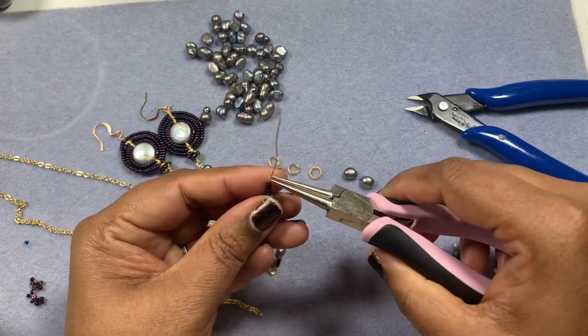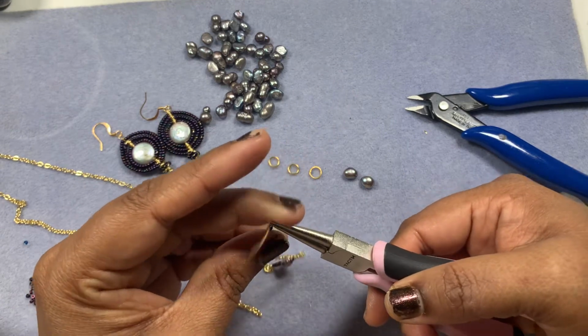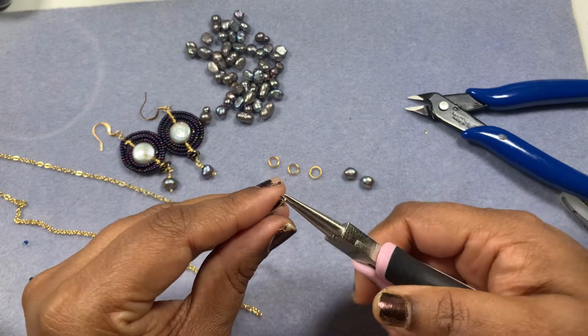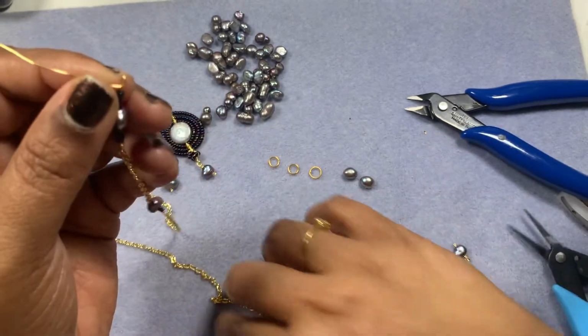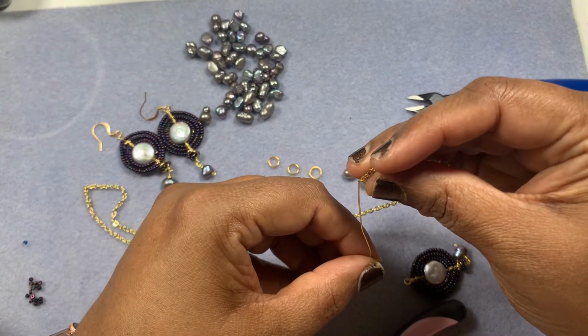Apparently we don't need 6.5 inches of wire. All we need is around 5 inches of wire. We will be able to finish both the sides. Okay, now I am just going to insert this end of the chain,